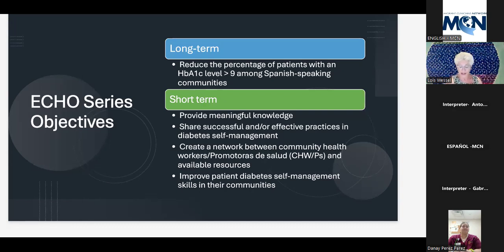And often somebody says, I have a really good handout on that, and they'll send it to Martha, and Martha sends it out to everybody else. And then obviously all of that is focused on improving patients' abilities to take care of themselves and to take care of their diabetes, which hopefully will lead to this long-term goal of reducing